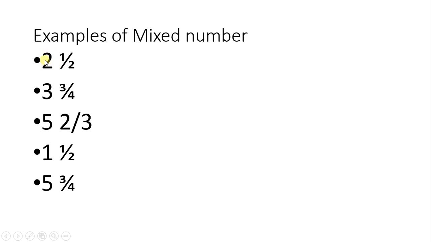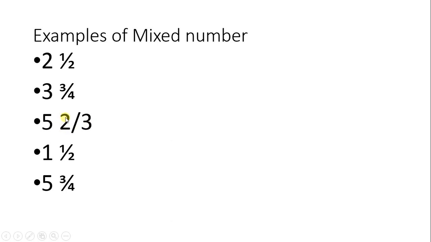The first example is 2 and 1 by 2. 2 is the whole number, and in 1 by 2 you can see the numerator is smaller than the denominator. In the second example, you can see 3 as a whole number, with a fraction where the numerator is smaller than the denominator. It's a proper fraction. In the third example, you can see 5 as a whole and 2 by 3,